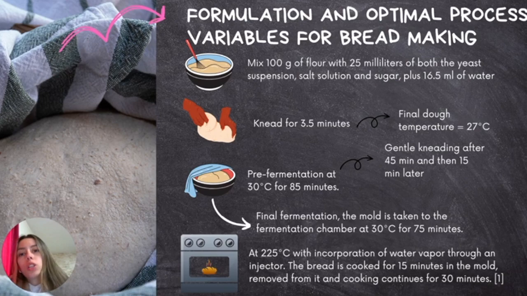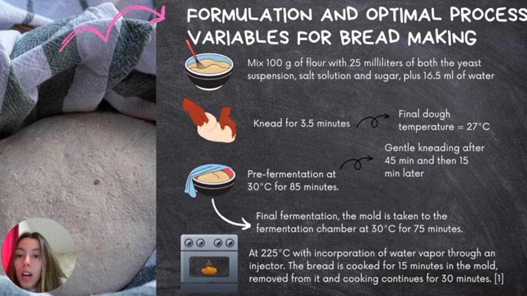Here is the formulation and optimal process variables for bread making. According to a study that was carried out on the physical and sensory properties of a fresh bread, there are these variables of bread making. As you can see, there is a mix of the flour, water suspension, salt solution, and sugar. Then they knead for 3.5 minutes, and the final temperature of the dough is 27 Celsius. Then they do a fermentation for 85 minutes, and between this process they knead the dough 45 minutes after that, and then